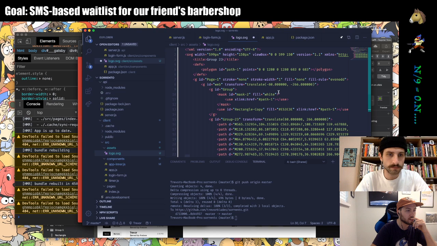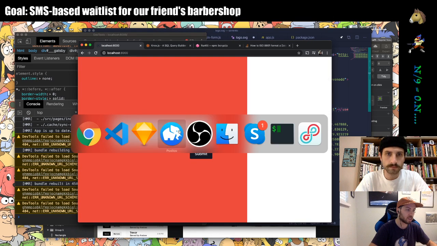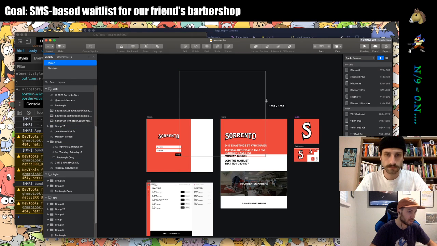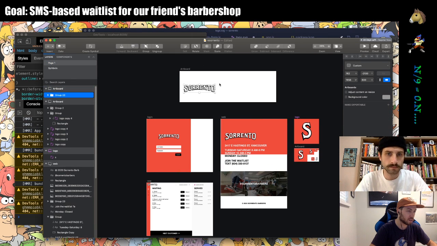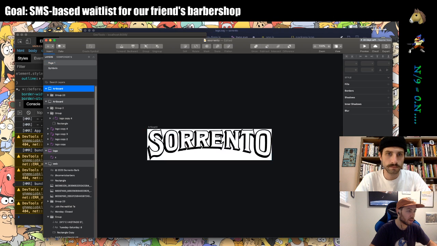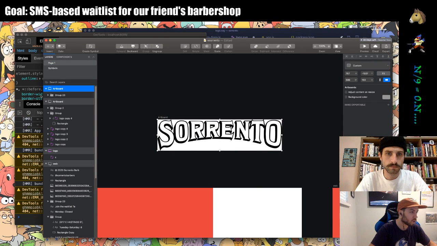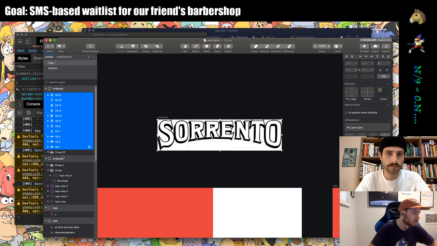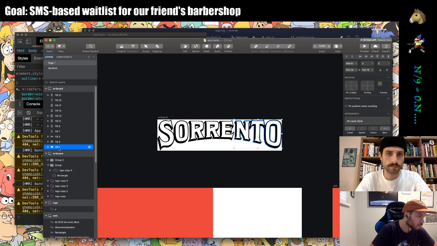And got all these masks and stuff kicking around. What I'm going to do is actually just go into the SVG in Sketch really quick and see if I can make it as simple as I possibly can. Okay, so we'll be working in this artboard here, and we're just going to have these shapes. Can remove the group,